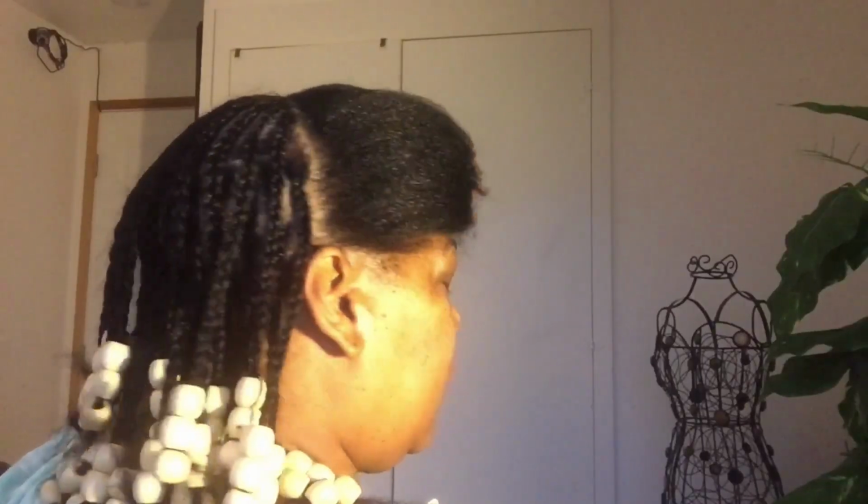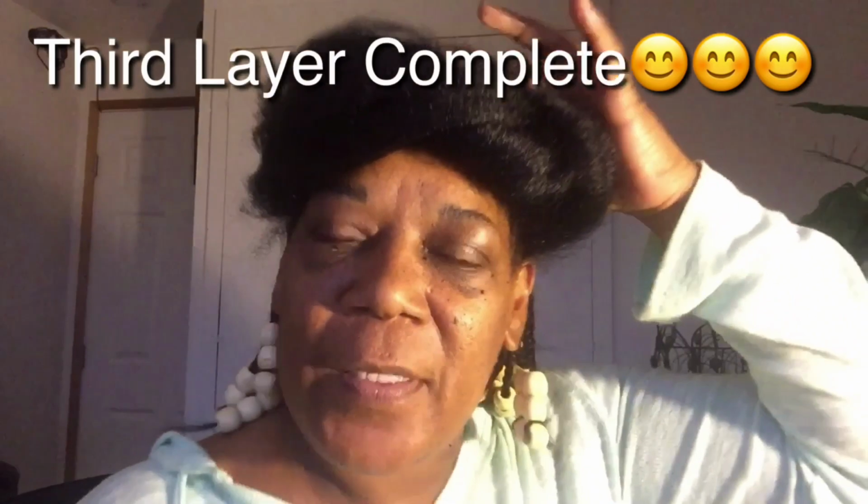And I push the beads all the way to the top to keep them from sliding down. 2 layers down and 2 to go. And now all I have left is this top part. So I'm not putting this top part in big braids. I'm just going to put a few braids in the front and I will come back and show you what that looks like. Basically, I'm going to be braiding 2 braids to the front,